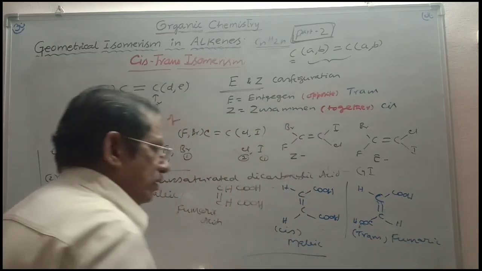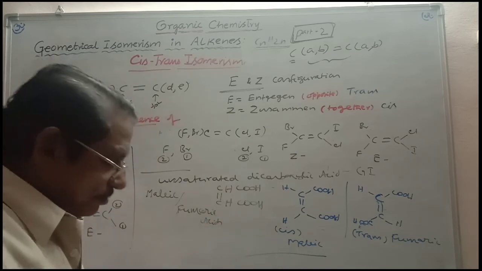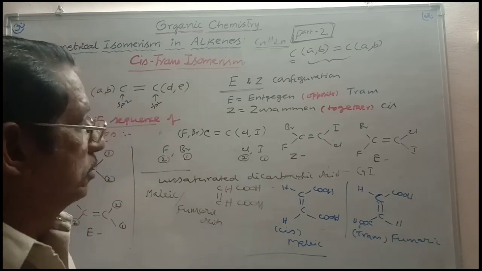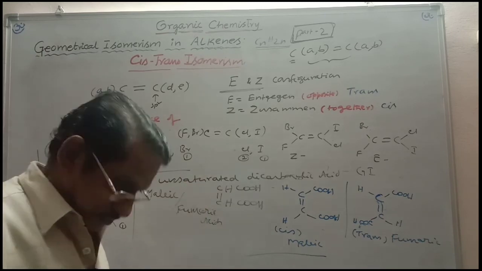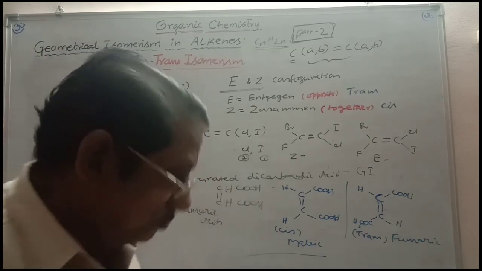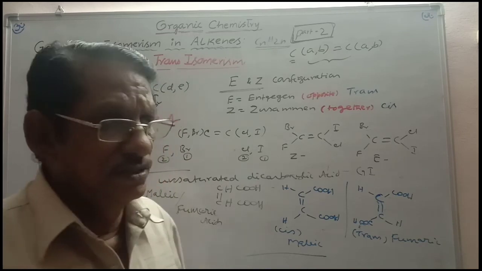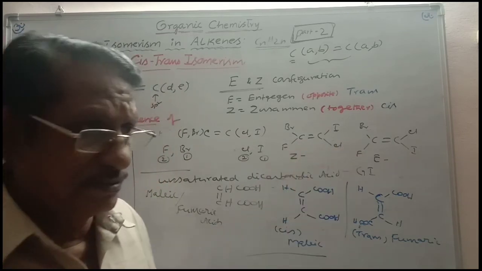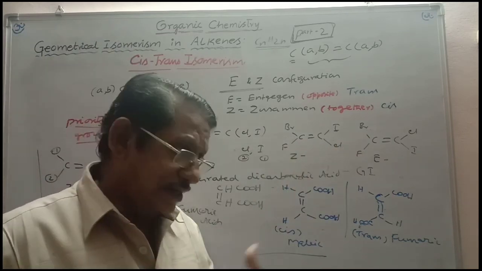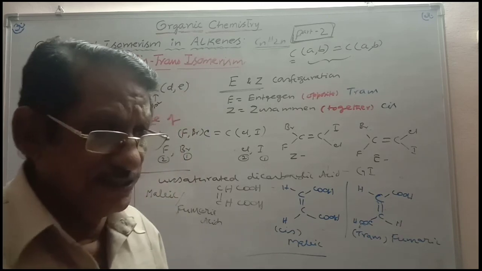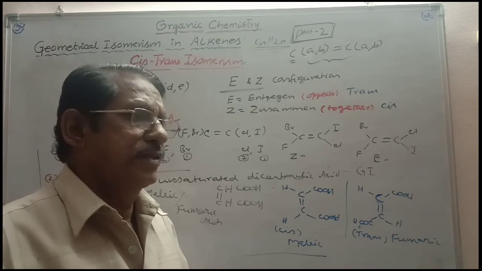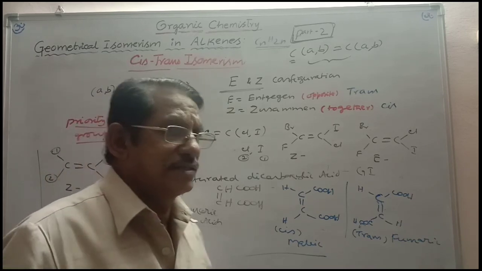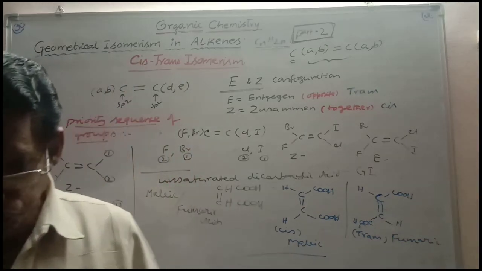Right? This is the most important example, which you have to remember. So this is part 2 of geometrical isomerism. In other classes, we will take a number of examples, discuss the geometrical isomerism in those, and write all the isomers, whether cis or trans or EZ configurations. Both methods we can write. So in the next class, we will practice several examples. Thank you very much.